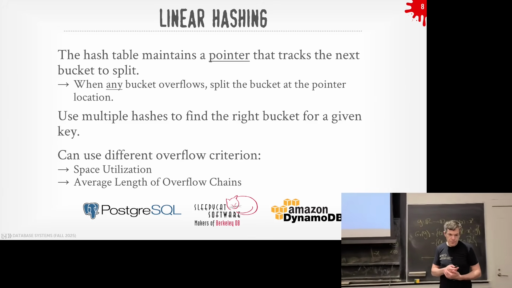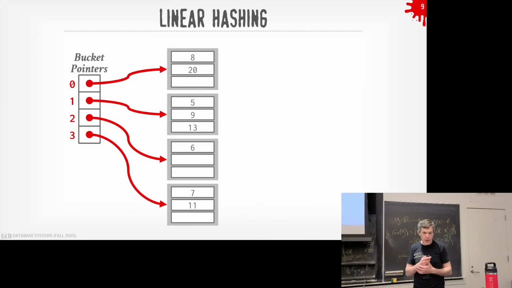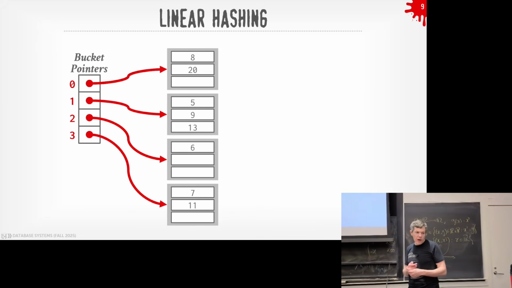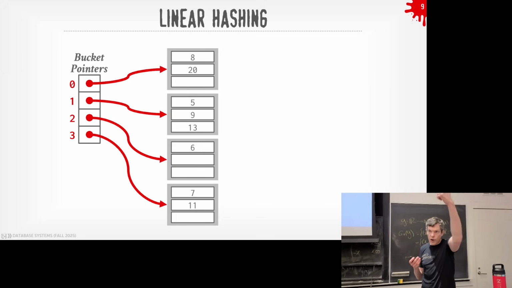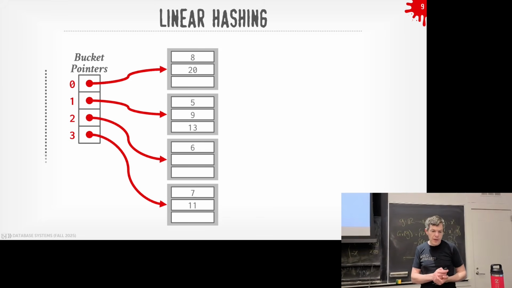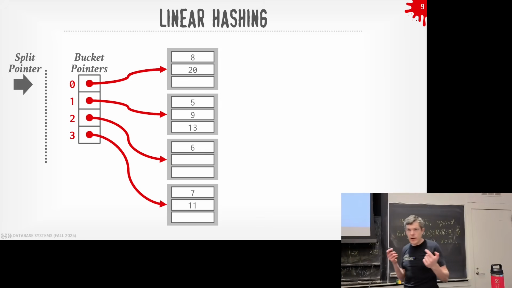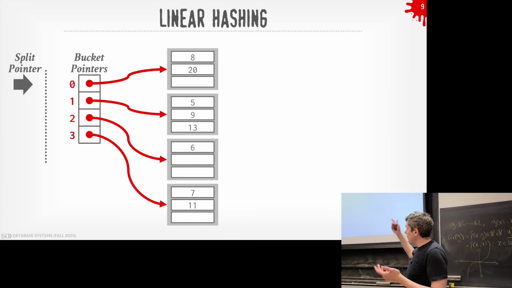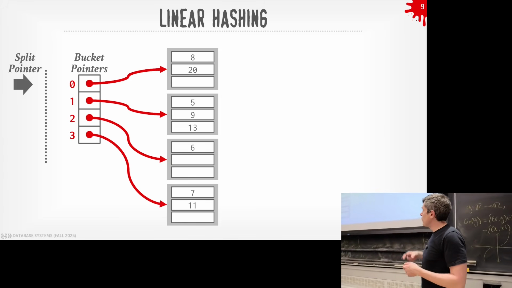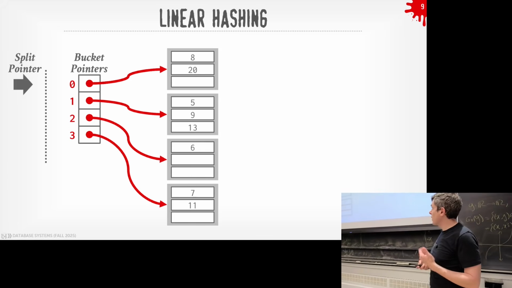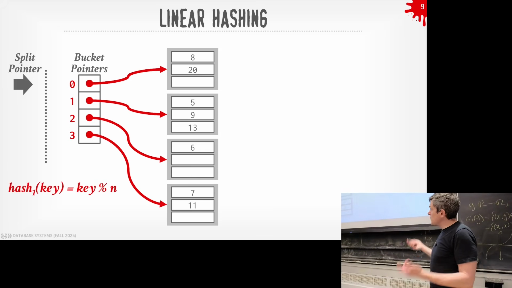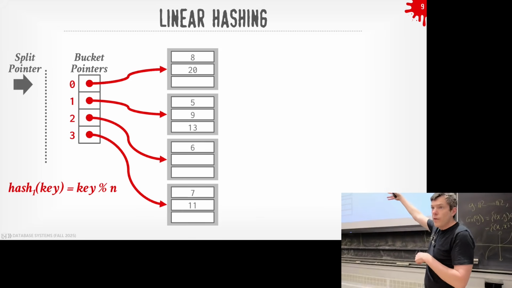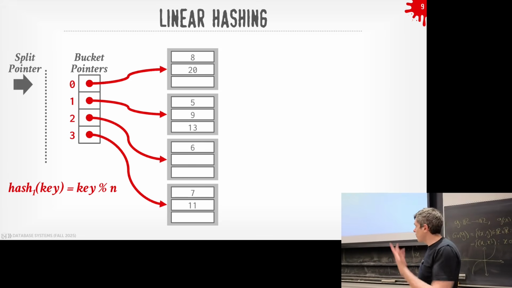All right? Let's go back here. So we still have our bucket array. And now, again, we're not looking at just the bits, just sort of what offset we are in our bucket array. And then we have a split pointer that's just a demarcation to say, what's the next bucket we're going to split? So at the very beginning, as soon as we overflow, we'll end up splitting bucket 0. And there'll be some hash function. We can just hash the key, then mod it by n, where n is the size of this bucket array. So we have n at this point where n equals 4.